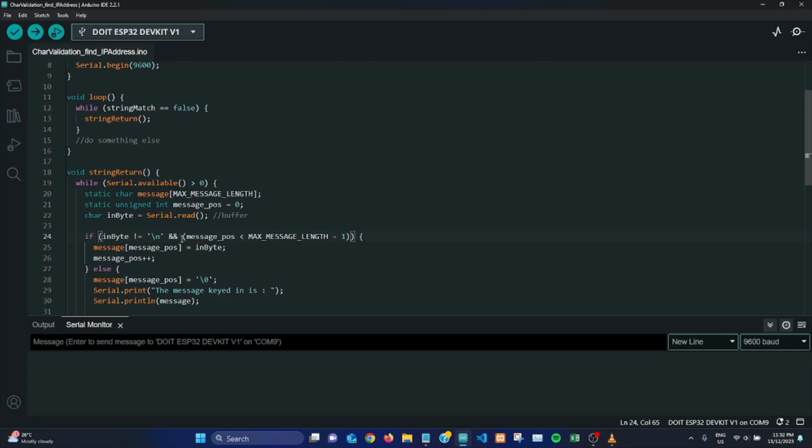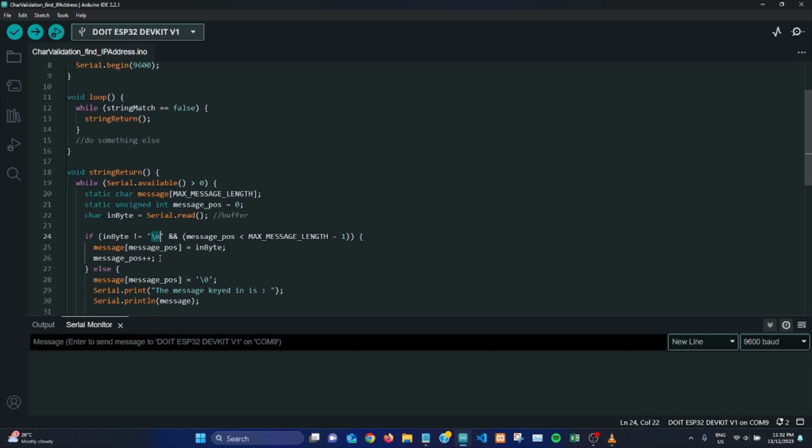So if it's less than 15, then whatever value you take, you put it into message, and this is the position. It's going to start with 0, and it's going to increment from there onwards. Okay? So for as long as it's less than 15 and